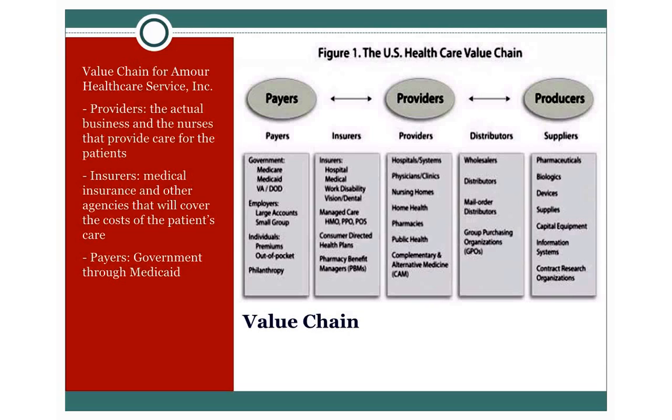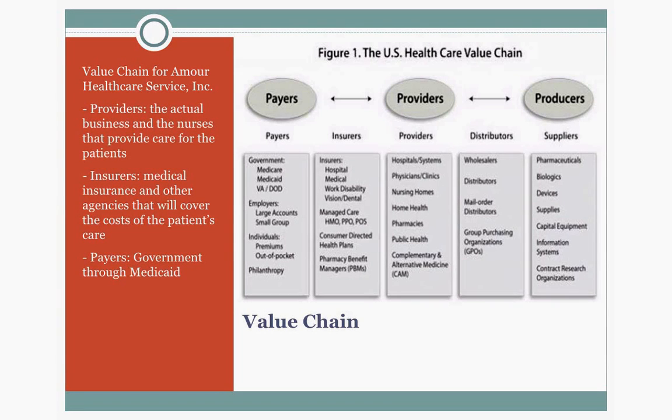Insurers are your medical insurance and other agencies that will cover the cost of the patient's care. And the payers, of course, is the government through Medicare and Medicaid. And sometimes it can be employers of large accounts and small groups, or individuals who are paying out of pocket. The value chain for home health care is relatively simple in comparison to the value chain that you may be